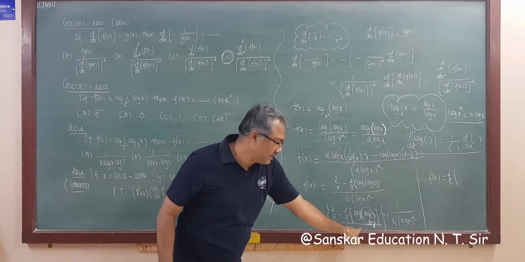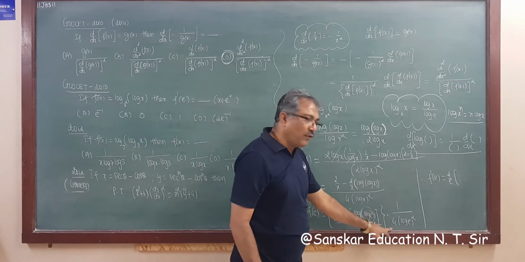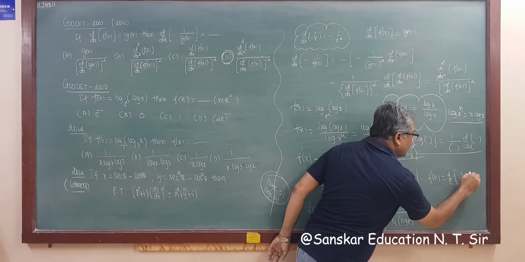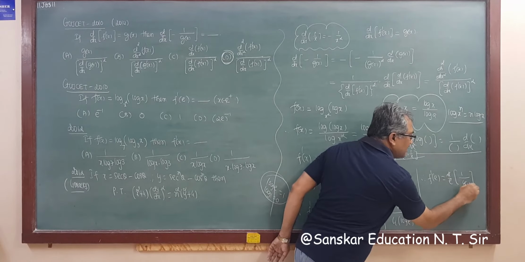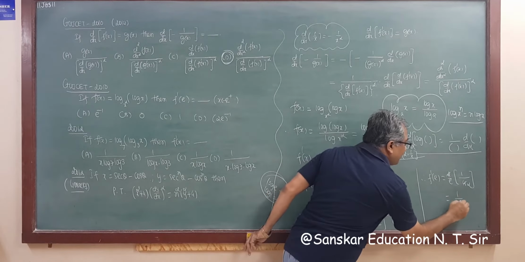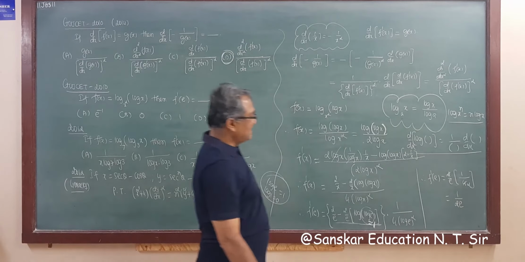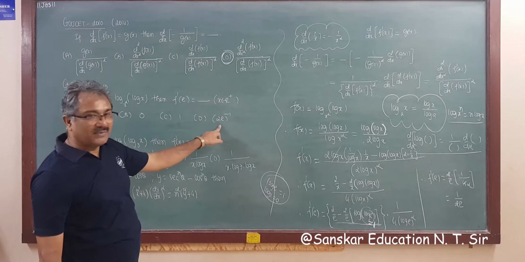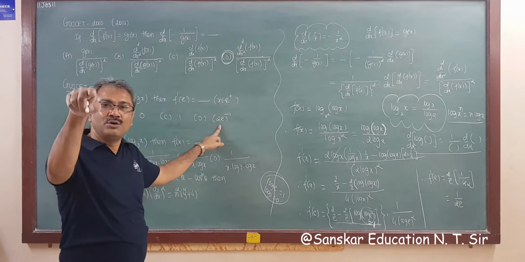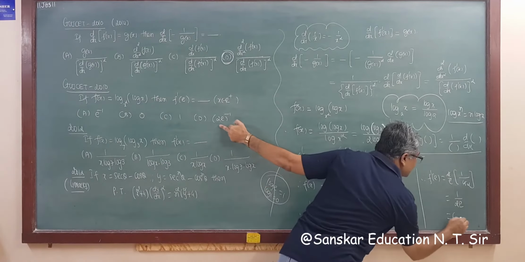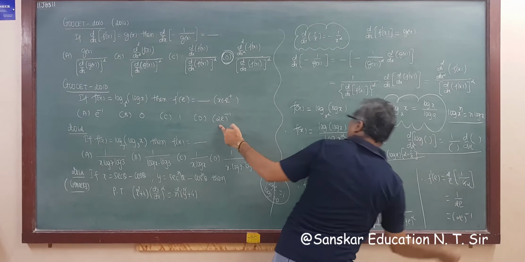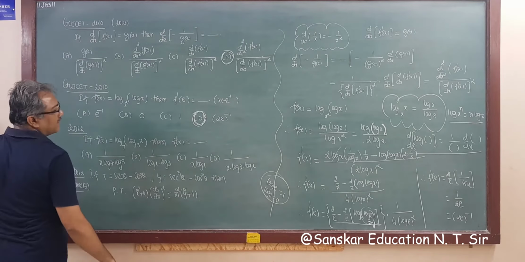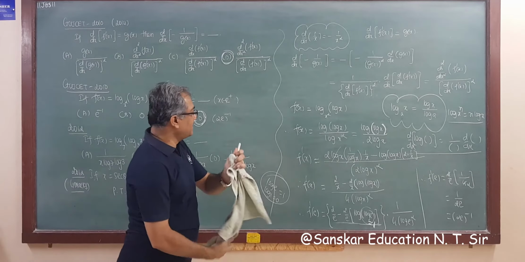This is 0. So what remains is 2 by e upon 4. Log e is 1, so this is 1 upon 4. So the 4 cancels, there is 2. That is, the answer is 1 upon twice e. There is no 1 upon twice e, but there is twice e raised to minus 1. So your answer will be twice e raised to minus 1. That is option D, the correct answer, right? Option D is the correct answer.